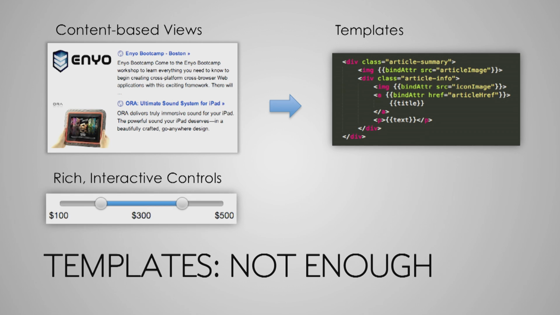But when you're thinking about creating native quality applications, users expect to find higher level, more interactive, richer controls that these applications are going to be built out of. So if you take the example of a slider like this, you'll find this in any shopping app or travel app.